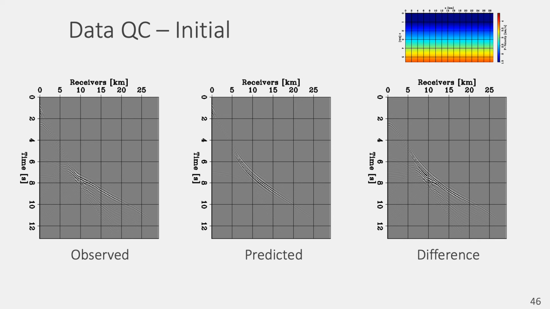And now we're going to show you a sequence of 4 slides corresponding to the predicted data and data difference computed with the different FWIME velocity models obtained after each spline grid. This is after spline grid 1, after spline grid 2,